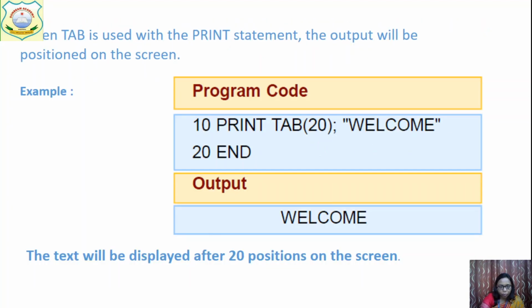and if I want to shift our word from the starting of the screen, then we will use tab. What we will use? Tab. Tab, here in this example, 10 print tab 20, then welcome, and the output is welcome. It displays after 20 positions on the screen.